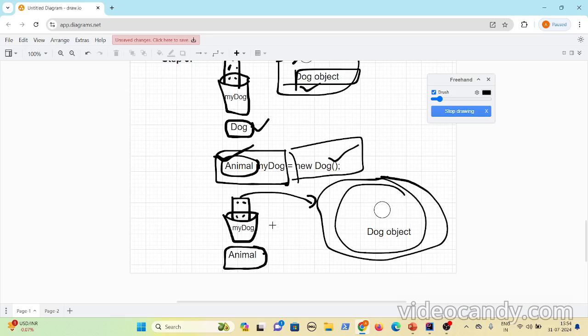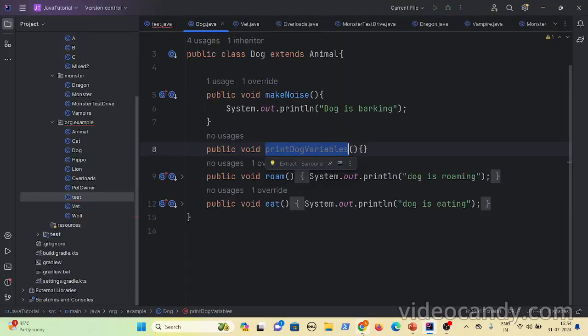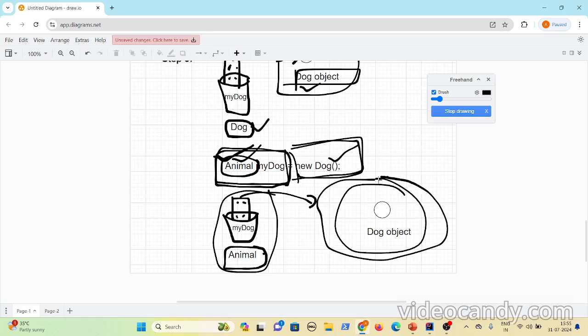So the main thing to notice here is, if your object type and the reference variable type are different, you can only invoke methods that are present in the reference variable type. If there is any method that is specific to the object type and not present in the reference variable, then you can't invoke it. You can invoke only methods that are present in the animal. And if your object has a specific implementation for those methods, like make noise, dog itself has an implementation for make noise, right? Then that is given the preference first.